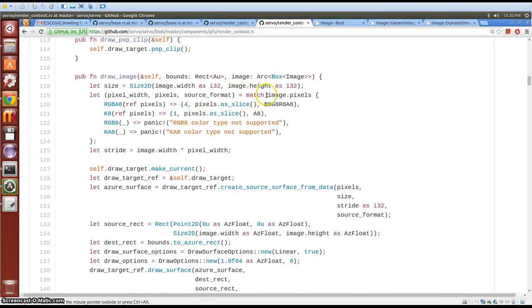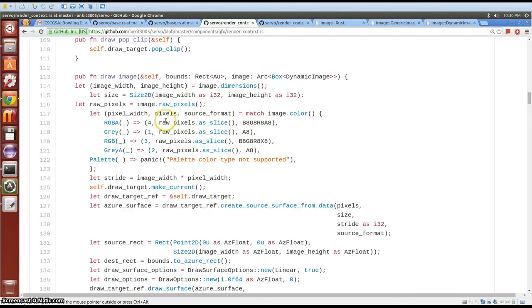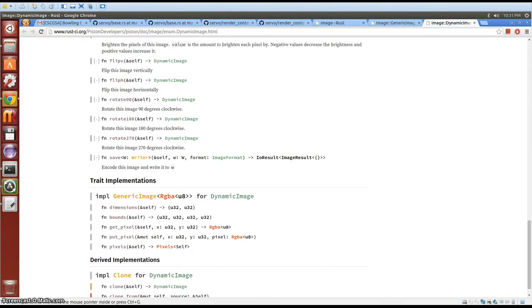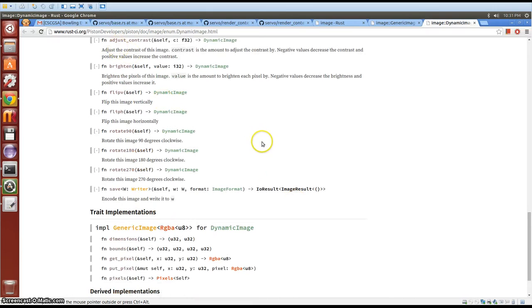Previously, this data was also stored in a struct. We had to use a library function called rawPixels, which returned a vector of raw pixel bytes. As you can see, the dynamic image type implements a trait called generic image. The functions we used, that is dimensions and raw pixels, are implemented within this generic trait.